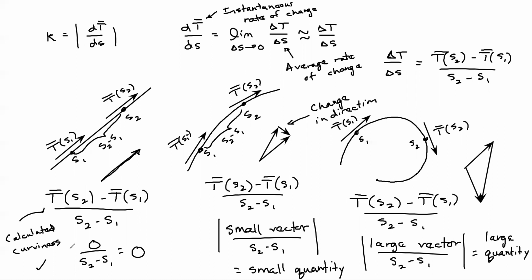And of course, if you throw lengths around this, you still get 0. And so you can see that this notion of having the change in direction, which is the same thing as the change in the unit tangent in the numerator, over a change in distance, a change in length along the curve, like how far you move along the curve. Change in direction over change in distance is curviness. That is curvature. That is how we would measure how much we curve as we move along